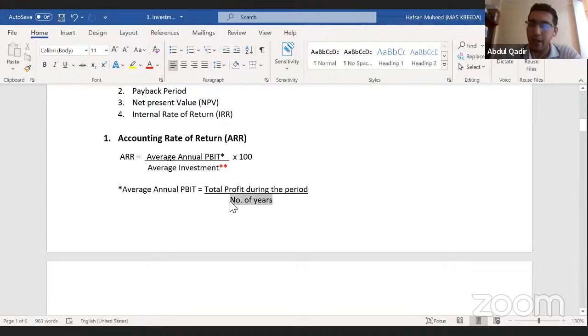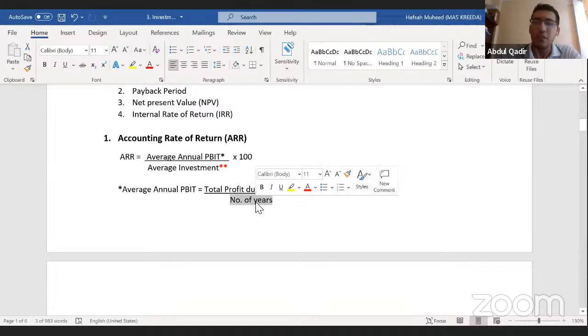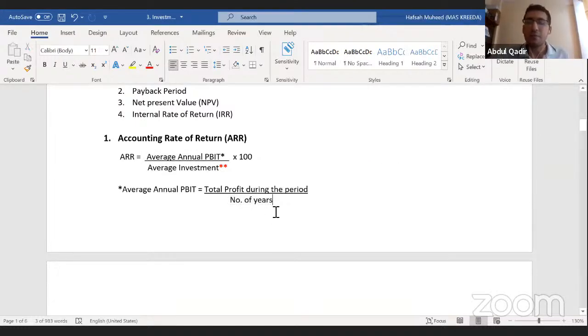I would say this denominator, because that is where students get confused. Sometimes when you say average, students tend to divide it by 2, right? Which is wrong. When you take average annual profits, it has to be divided by the number of years, right? So students sometimes, on the day of the exam, they're nervous, they're stressful. So sometimes they make these small mistakes, right? So these are things to be careful of and to watch out.